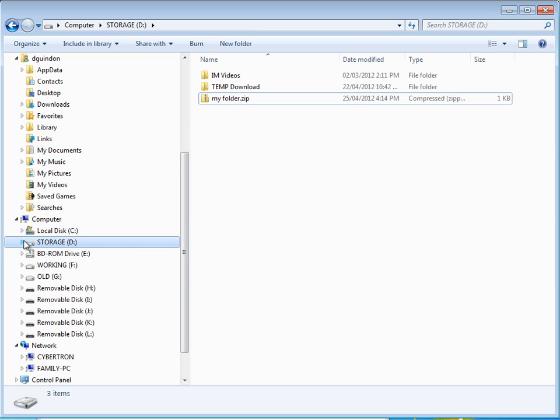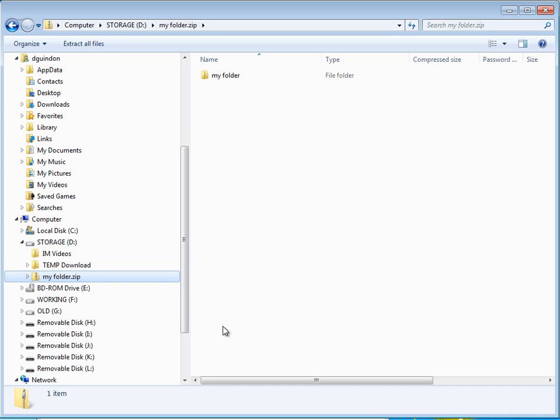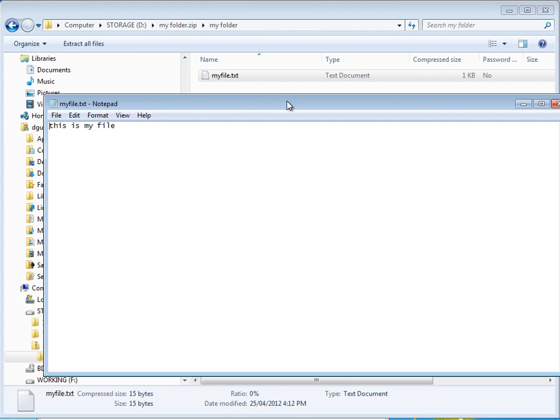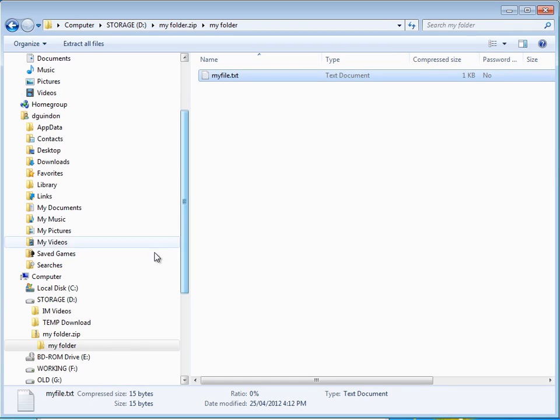Go on this side of the Explorer, and you'll see the zip file just like it was a folder. Well, guess what? If you just click that, you can see the contents of it inside. But of course everything in here is actually compressed, so you can't actually run things in here. For example, I can't go in here and double click this. Actually, you can. That's really cool. Learn something every day, I guess. Cool. Anyhow,